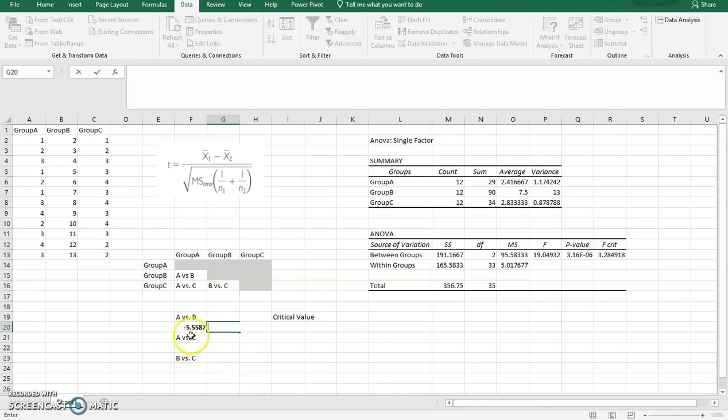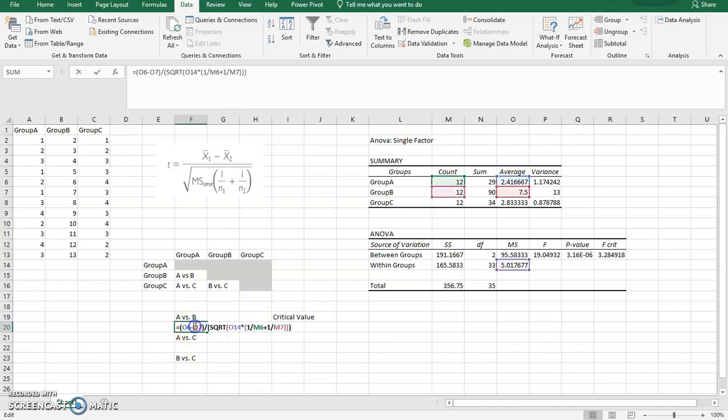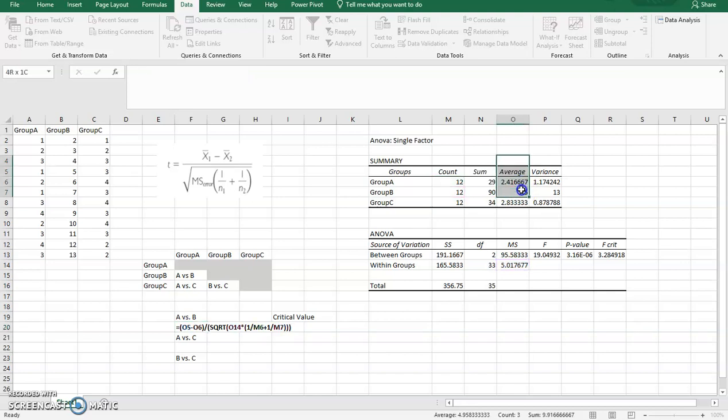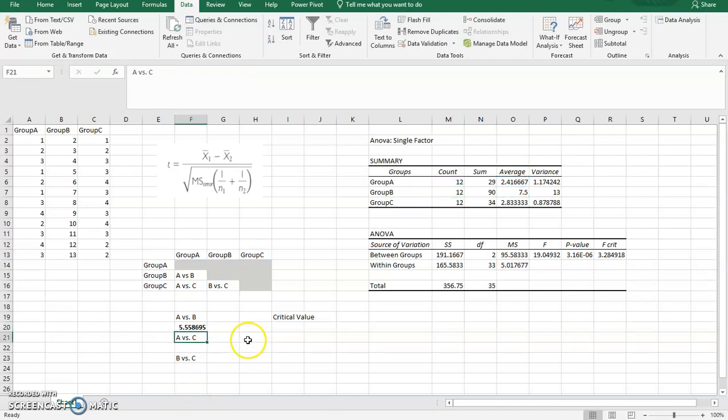So actually, let's swap these around so that we get a positive. Let me just show you how that goes. Let's put that one back now. I think that's it. There we go. Okay, so same number, just positive now. So here's the t statistic,